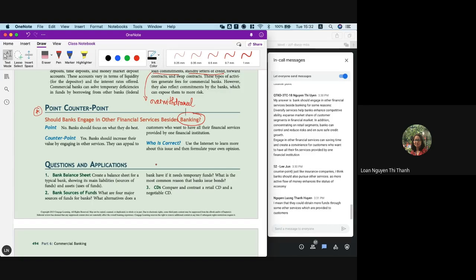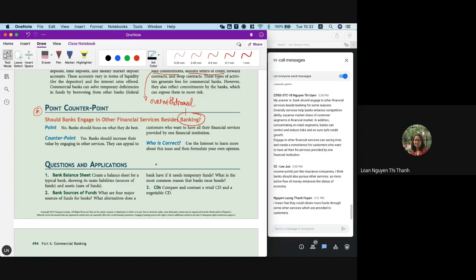Okay, expands market share, customer segment, retail segment, risks in further safe credit growth, saving time, isn't that true? Convenient for customers who want help. Okay. So you have the point, they need to expand the market share, expand the customer base, enhance the competitive advantage,